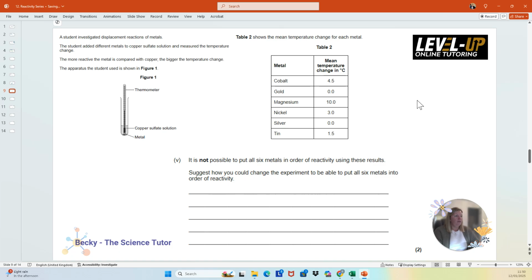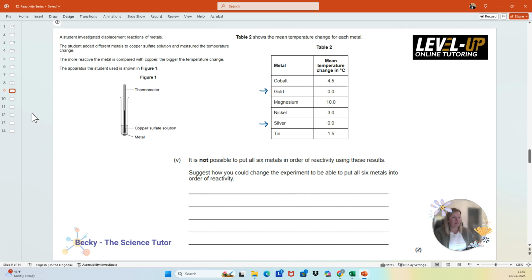Following on from this question then, it says it is not possible to put all 6 metals in order of reactivity using these results. Suggest how you could change the experiment to put all 6 metals in order of reactivity. So here, this is because the gold and the silver both give us 0 temperature change. So we've got no data, no evidence for us to be able to put those in order. Okay, so we've got to think about what we could change so that we can actually now order the